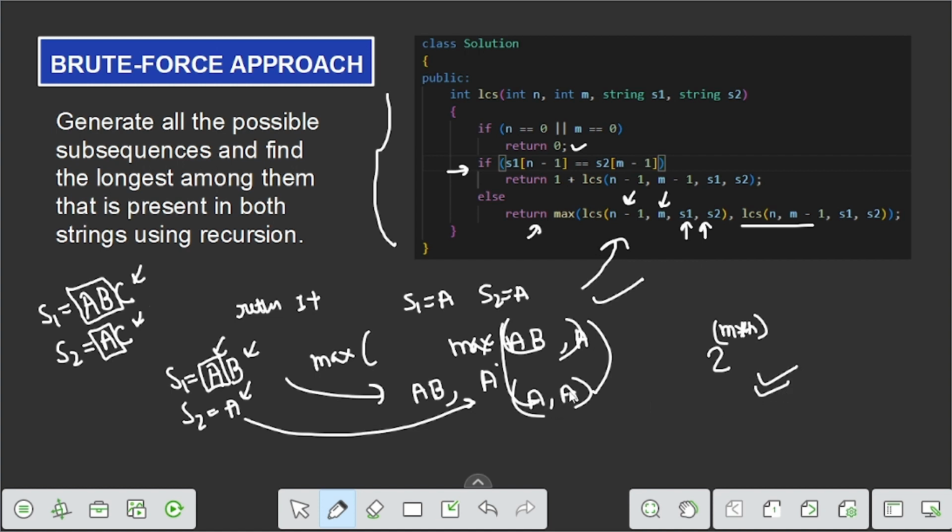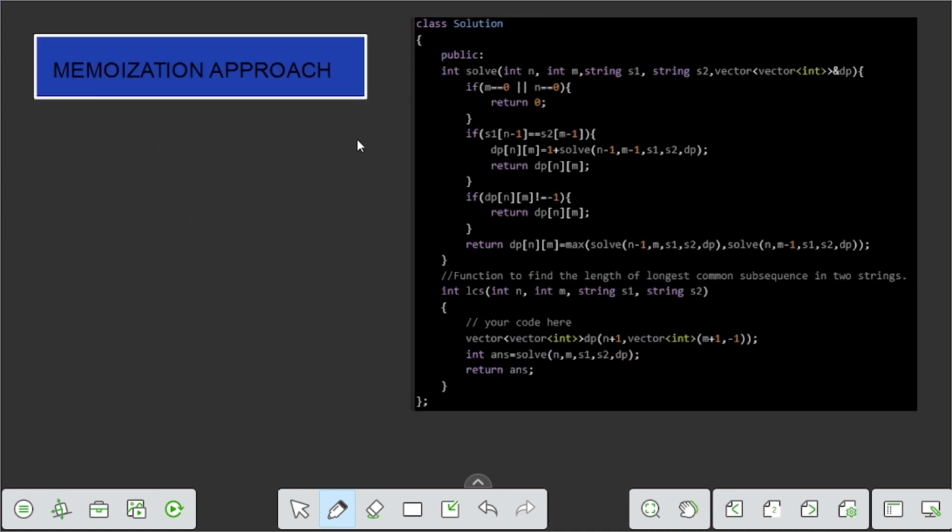So the next approach is the memoization approach. In this approach the steps are the same, but here we add memoization. To achieve memoization, we initialize a dp vector of vector, a 2D vector of dp. The size of the dp vector, rows and columns, is n plus 1 and m plus 1, and each index is initialized to -1.